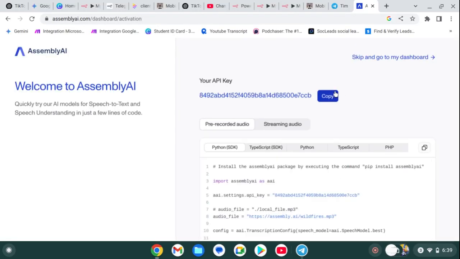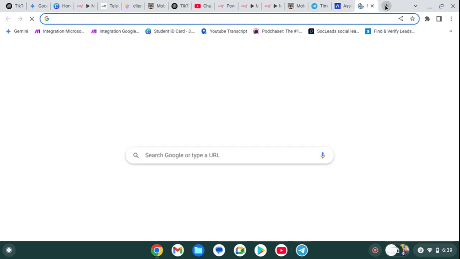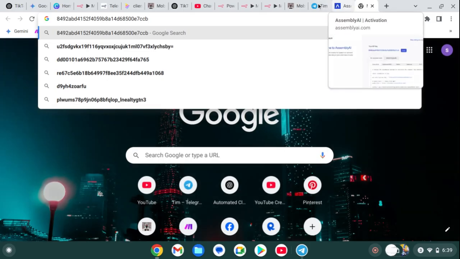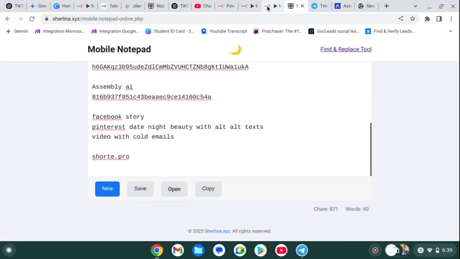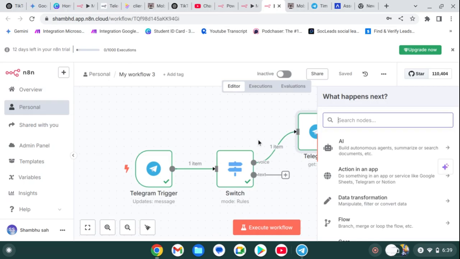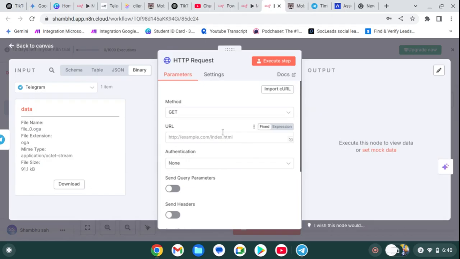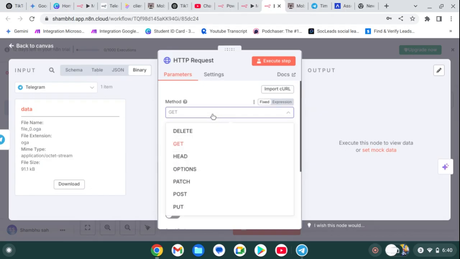Okay, let's copy our API key and save it on Notepad, like in the browser. And go back to our API, click on HTTP, and we simply need to make an HTTP request for this. So our method will be POST,